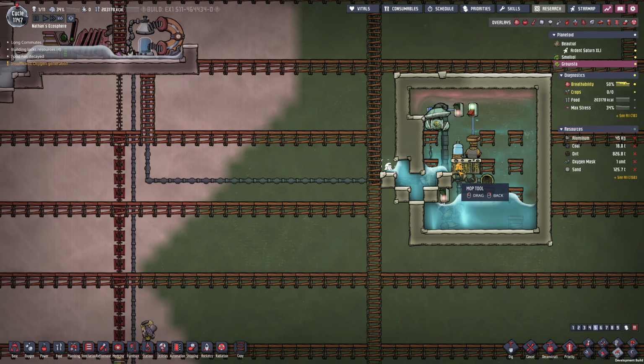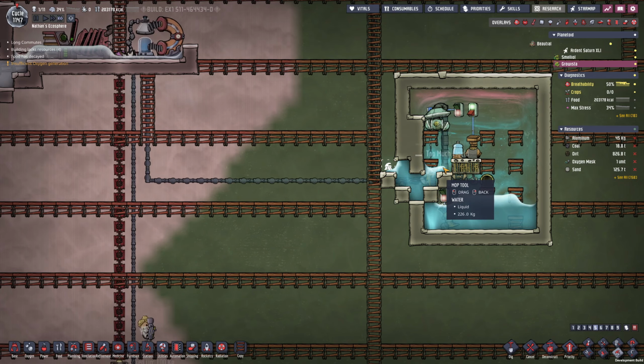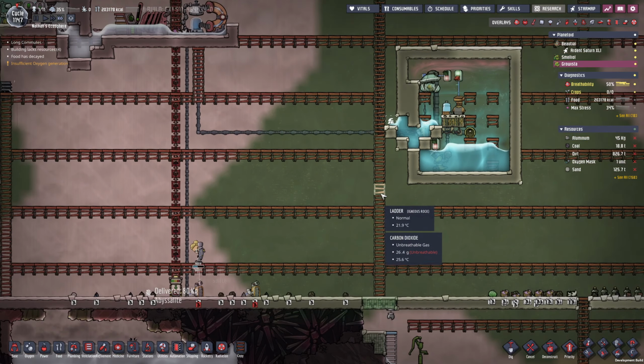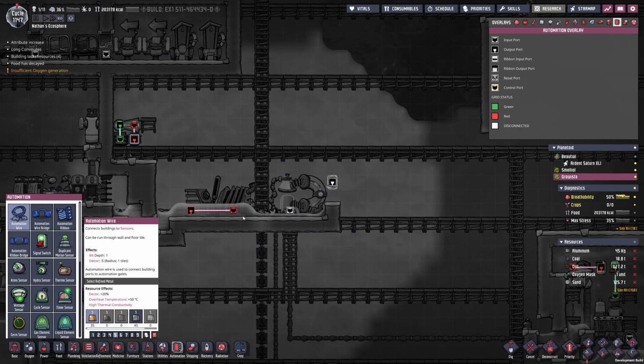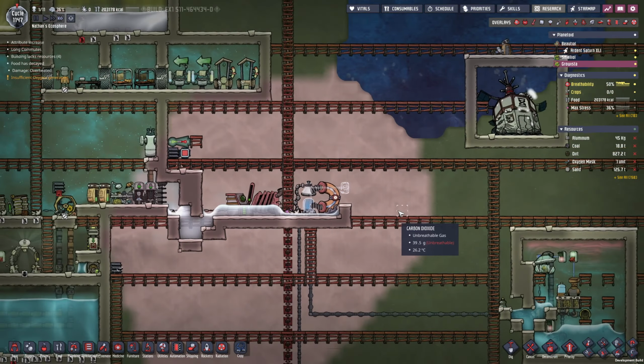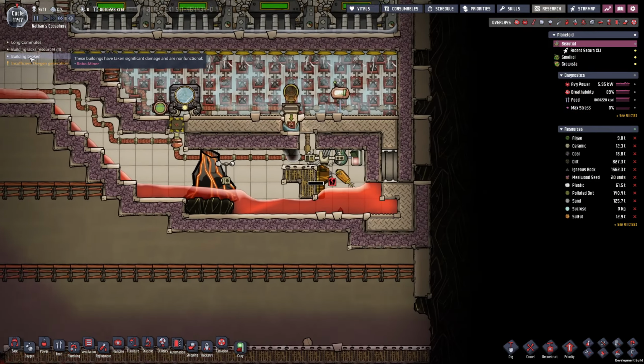Maybe I can actually sweep up a little too much liquid. Ah, of course, there is an airflow tile, but if we start mopping this up, that should be fine. So until we have better wires in the joint, I'm gonna set up a little switch here so I can shut off the desalinator once we're ready. That's not good. Building is...